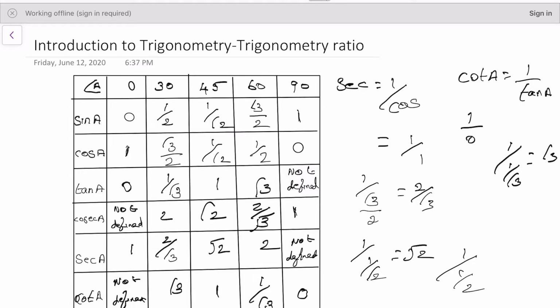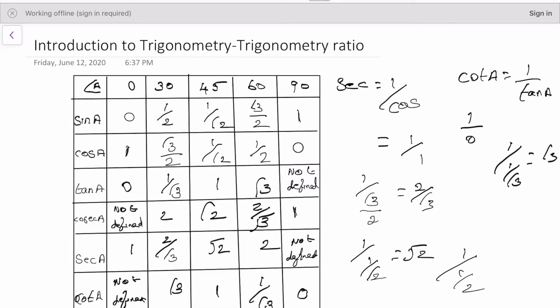This table is very easy to remember. You have to remember this table. That will help you for your future studies, because these angles are very common angles that you can directly apply every time, without having to solve and find them out. If you remember the sine, you can do all the other things.